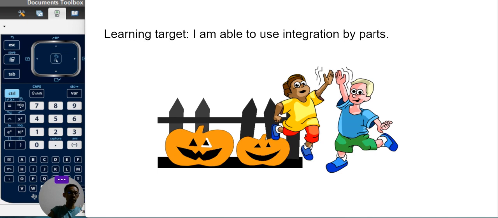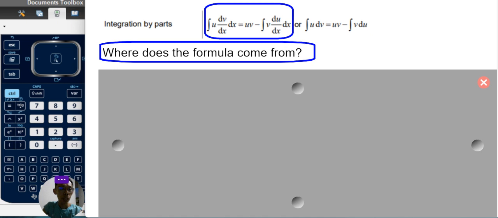Today we're going to look at these learning targets. I am able to use integration by parts. So we're going to start by looking at the formula. This is the formula of integration by parts, and